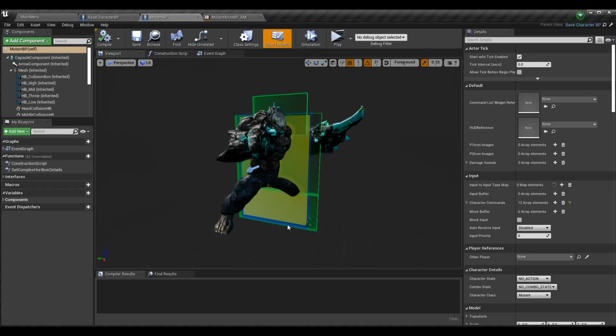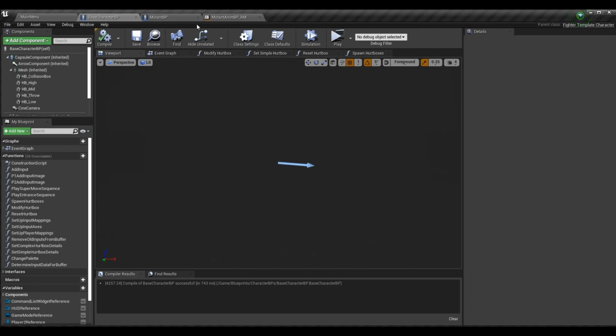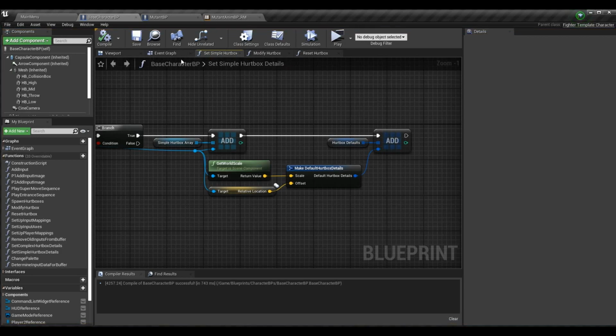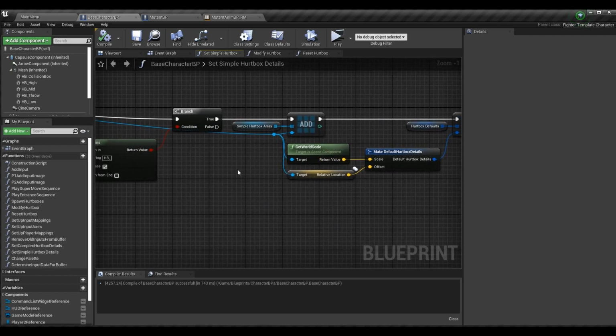Okay, I'm going to save this because I deleted the comments, but make sure you build yours and run it. So once you're here back in the engine and you've built, then we're ready to get the changes going here. So we want to go back to set simple hurtbox details, or just set hurtbox details if you took the other route that I mentioned in the previous episode where you only have one type of hurtbox. And